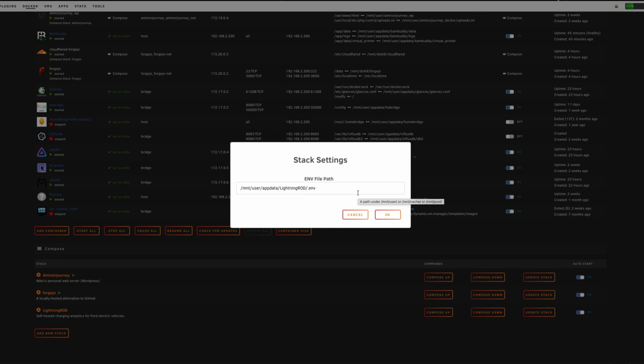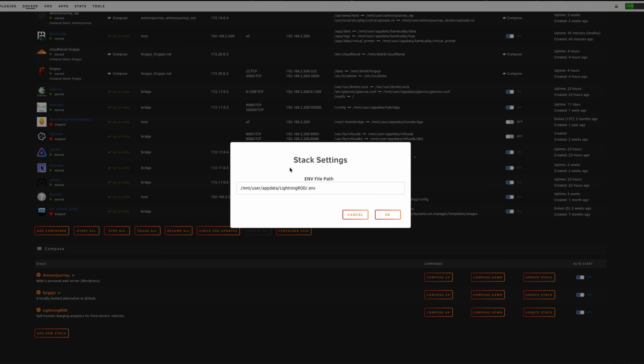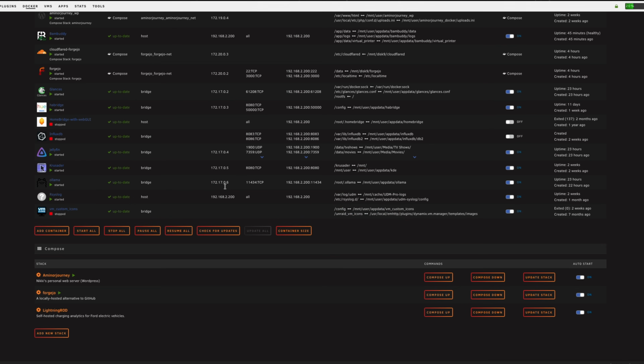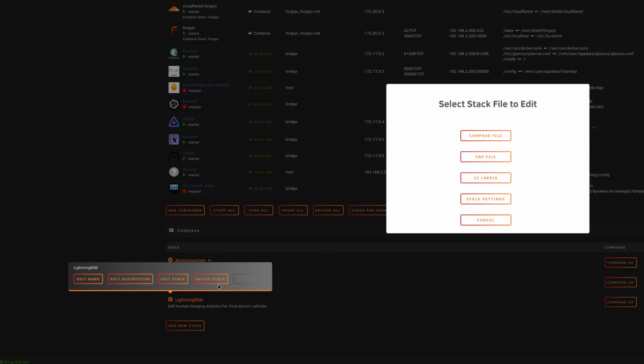If you don't know what .env is, it's basically a hidden file that stores all of the variables that you will need for your project. Things like the username and the password. So I'm not going to actually show you my password, but it does need to know where to save that .env file. And in my case, I've set it up to go to mnt/user/appdata/lightningrod/.env. And then what you can do, once that's in the right place, you go back to Edit Stack, and